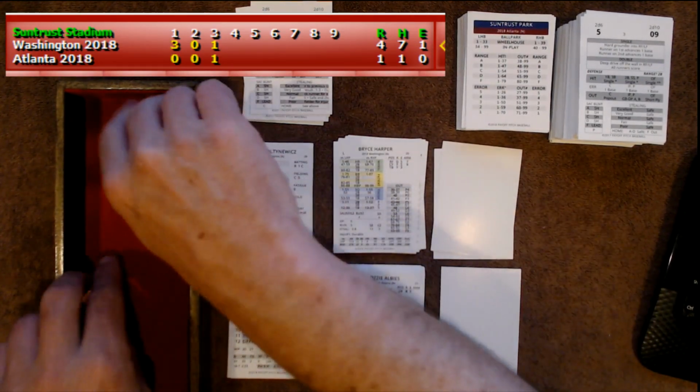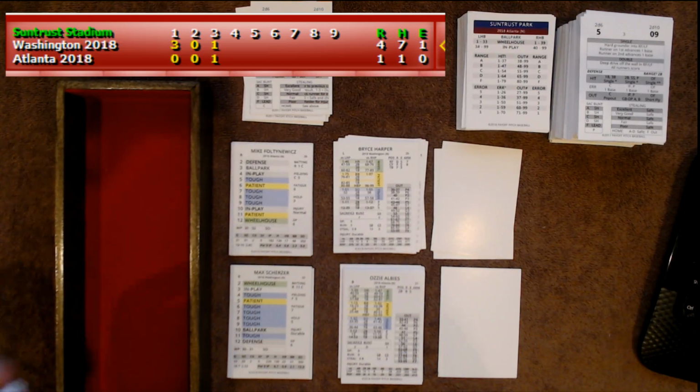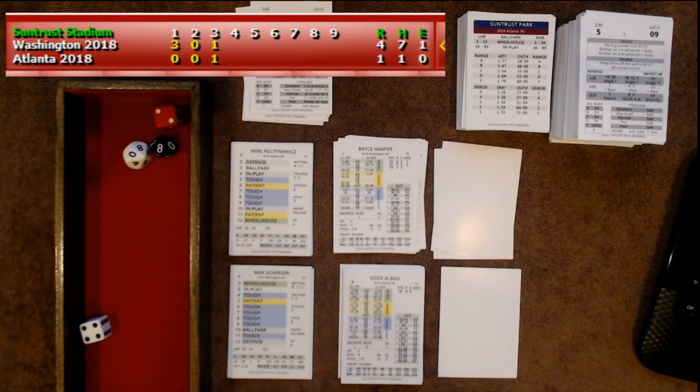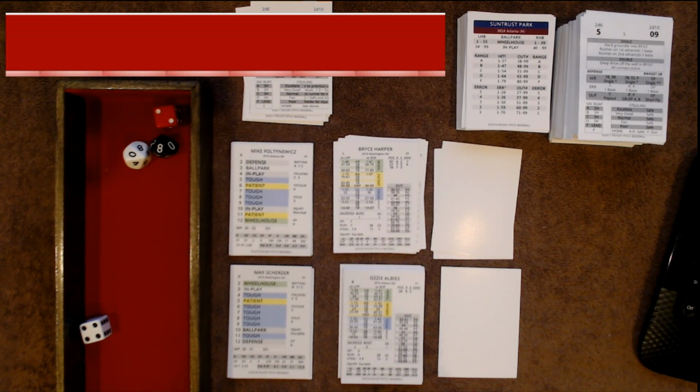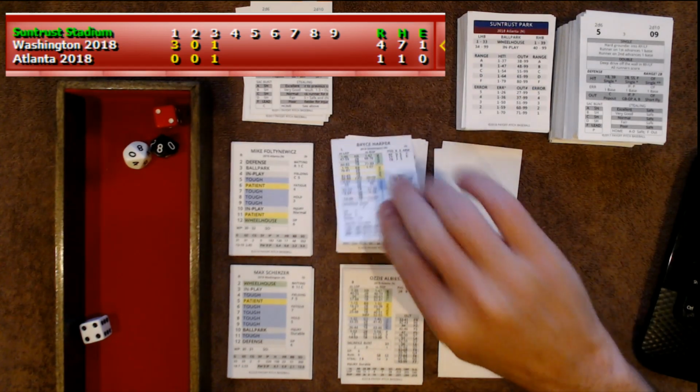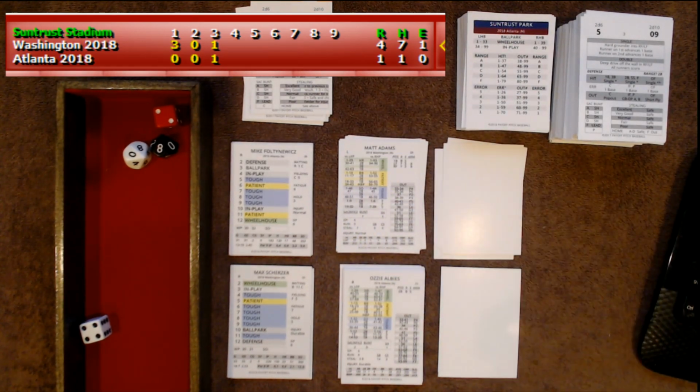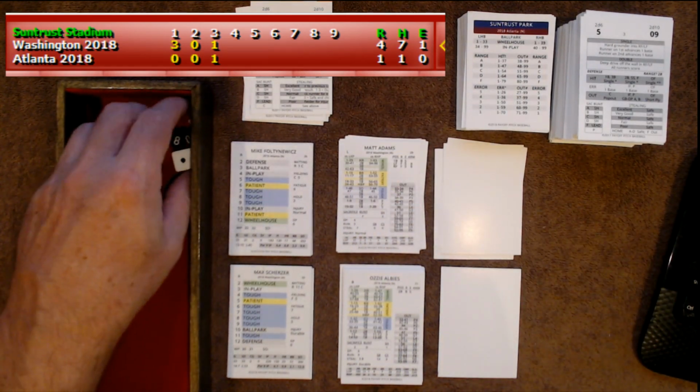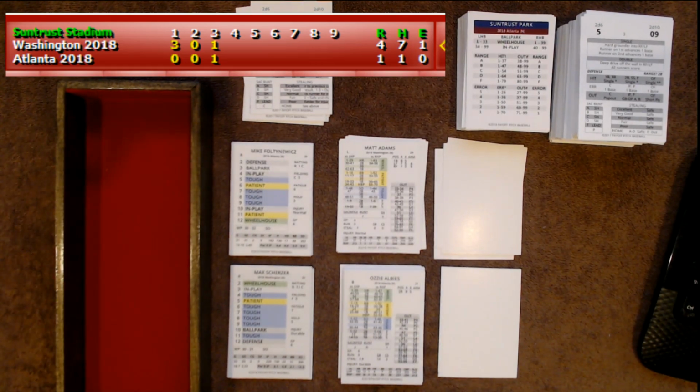And that brings up Bryce Harper. Bryce Harper still looking for his first hit. He's had 7 plate appearances, 3 walks and 2 strikeouts so far. 6 is patient, 8, and that is going to be a walk. So 2 outs, and now we have 2 runners on. But Matt Adams is coming up. He doesn't hit right-handers very well, .264 average.